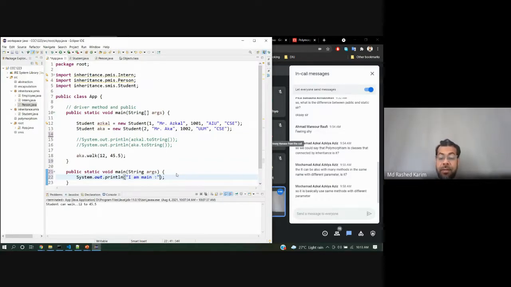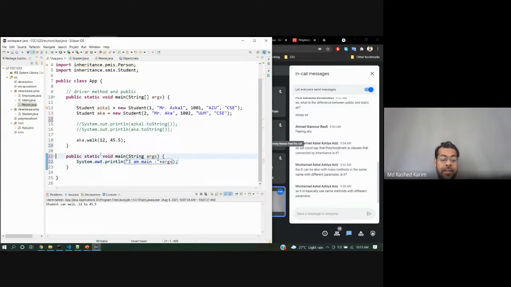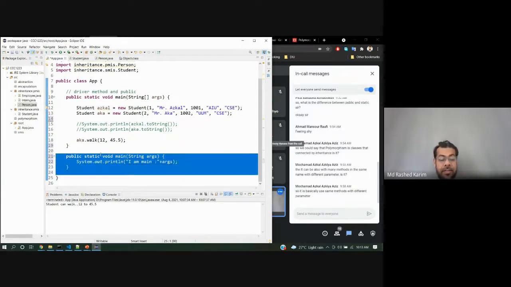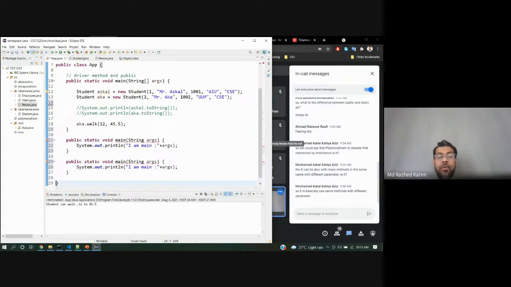Then with parameters, args. I can even create another method without parameters. So my question is, which one will be called by the operating system, by the JVM? Which one?